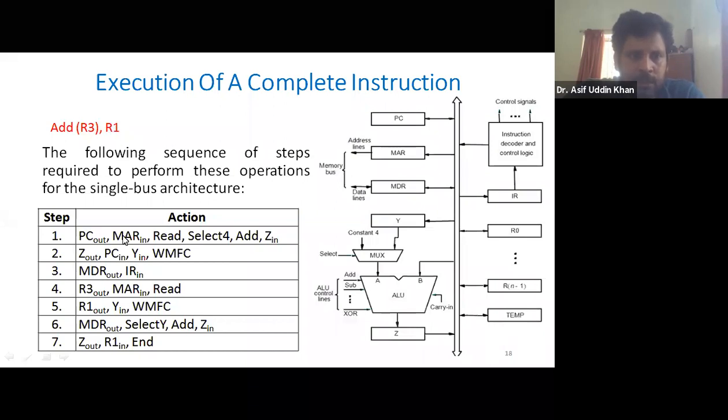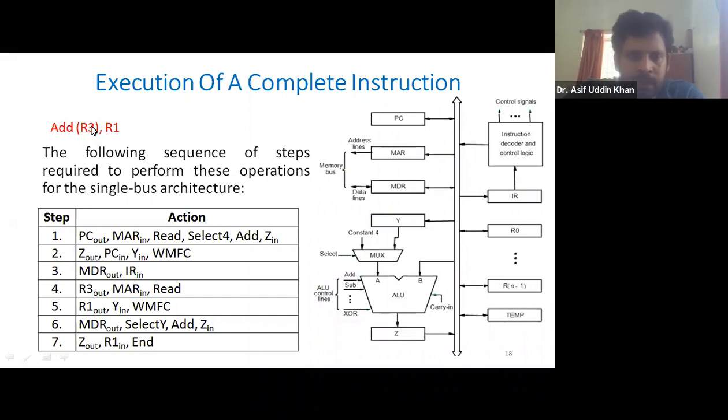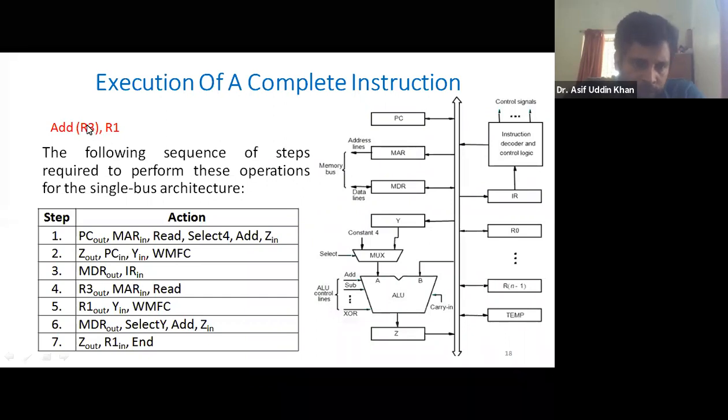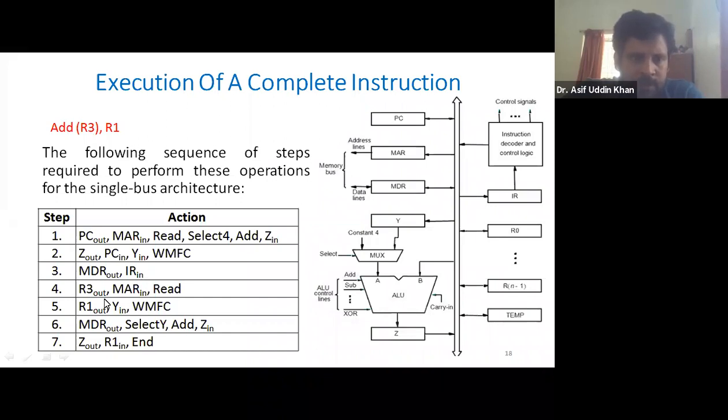Okay. So we have to take these operands. First, we will fetch the first operand. This first operand is in the memory because R3 is written within the bracket, which means it is in memory. If we want to fetch this operand from memory, we have to follow these steps. First of all, R3 contains the address of a memory location.